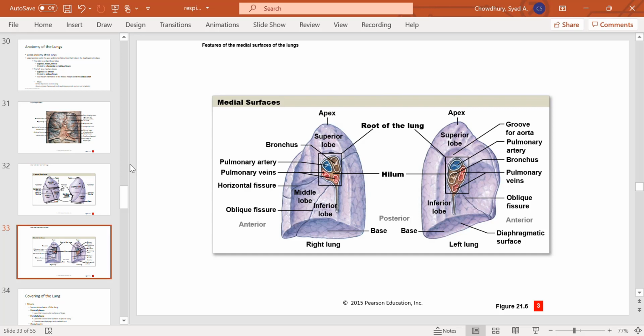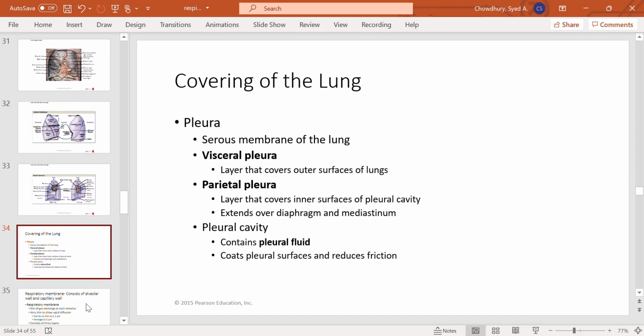On the medial surface of your lung, you have an area, an indentation, and through that area the primary or main bronchi and also blood vessels, nerves, and lymphatics pass. So this area is called the hilum of the lung. The primary or principal or main bronchus enters into the respective lung, and blood also gets in and out. So you have the blood vessels, arteries, veins, and also nerves and lymphatics.